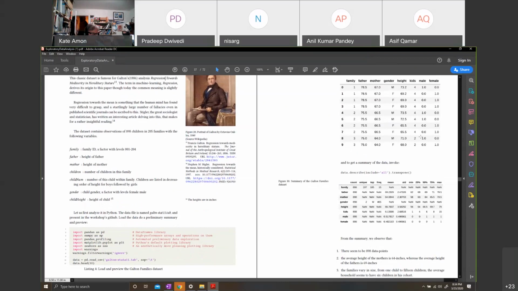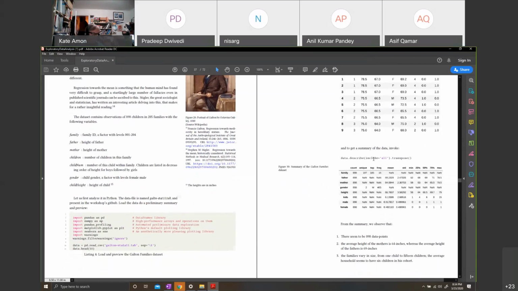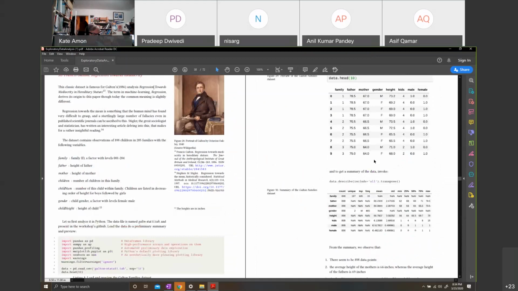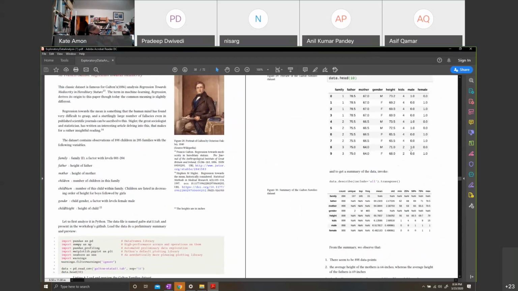So that is that. What is this data? You have families with father, mother, gender of a child, the height, kid, male, female, and so forth. Right? So you have this data, you can compute statistics of the data, and by the way, is this in tidy format or not? Let's take a quiz. Is this data in tidy format? What would you say? What does each row of data speak of?